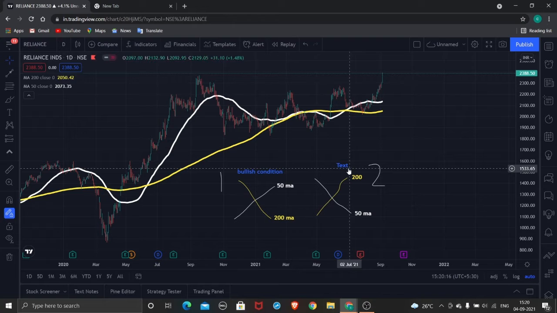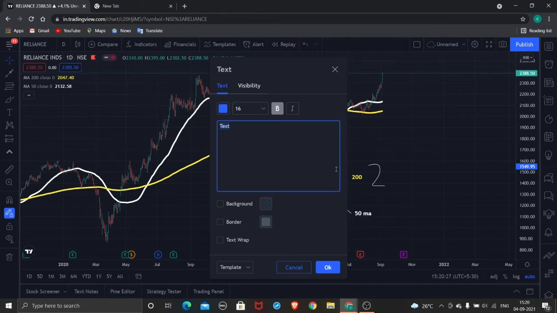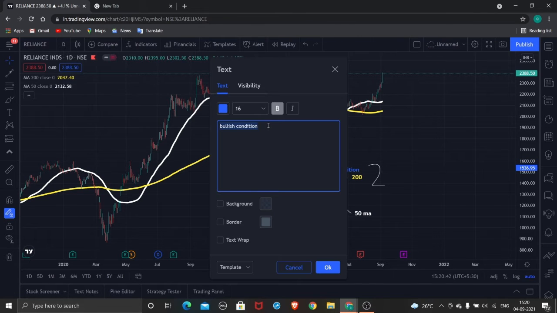Here goes condition 2, in which the 200 moving average crosses upward the 50 moving average, or the 50 moving average crosses downward the 200 moving average. This is a bearish condition. Okay, this is a bearish condition, and for those who do not know what a bullish condition or bearish condition is,